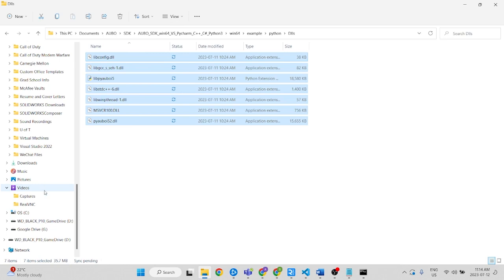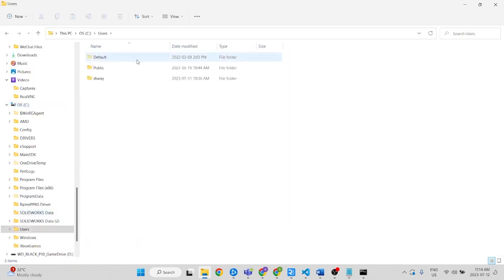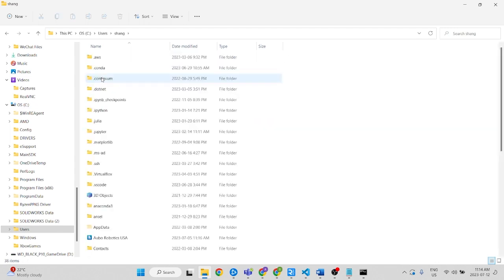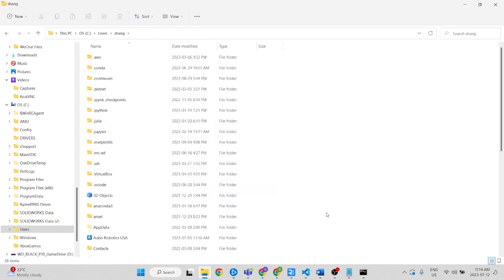So, you're going to want to go into your drive, under users, your name, AppData. Notice AppData is a hidden folder, so you're going to want to go into view, show hidden items. If you can't find it, you must select hidden items so that this AppData can show. AppData, local,